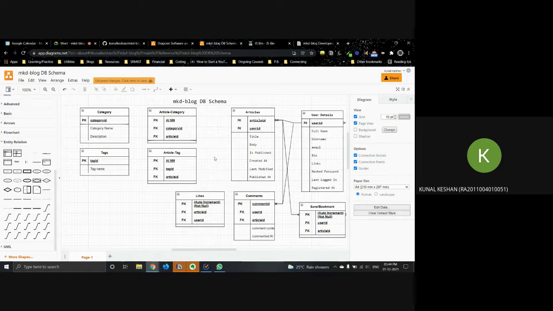It's a one-to-many from the article's perspective, and at the same time, one tag can belong to many articles. So it's a one-to-many from both sides. Whereas in the categories case, from the article to category, it's a one-to-one relationship, but from the category to article, it's a one-to-many.